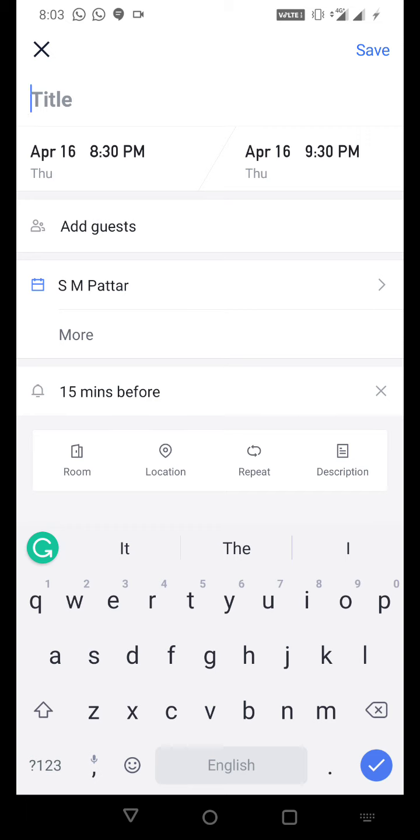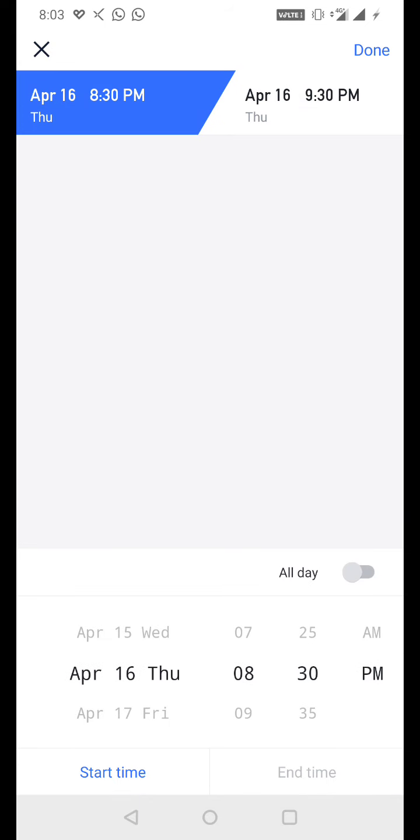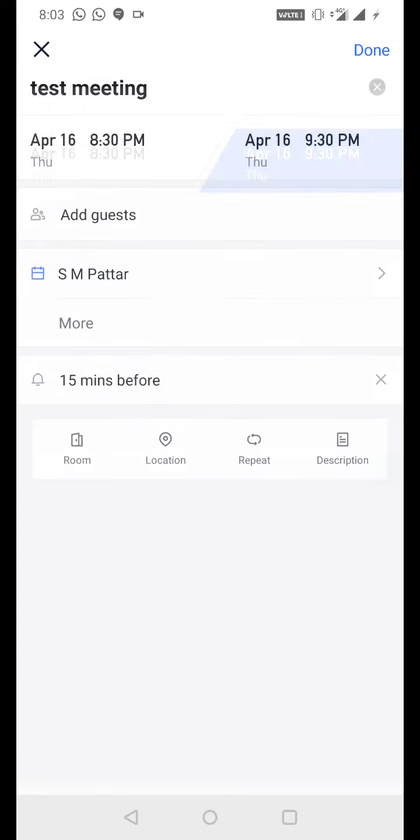The title of the meeting is, for example, test meeting. So this is the time. I am selecting, you can select any of the times. I am selecting 8:32, and the end time is 9:30, a 1 hour meeting.